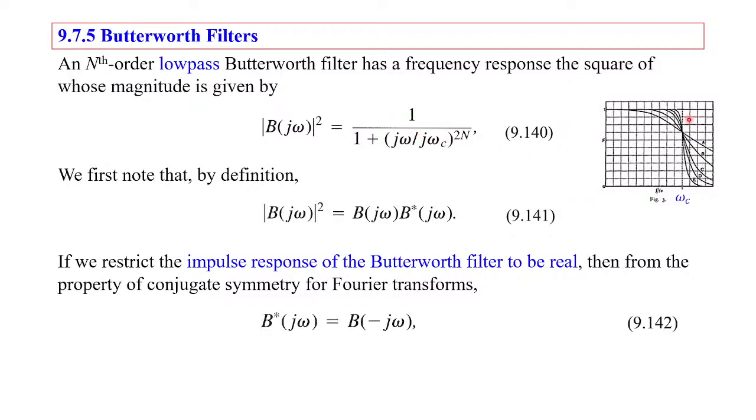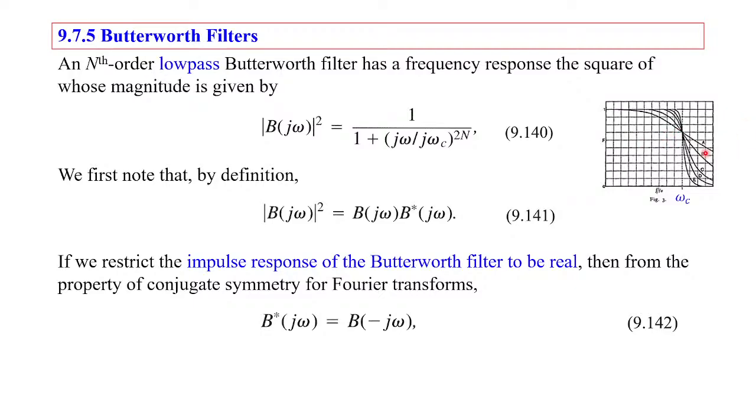And otherwise, there's a sharp transition when omega goes bigger than omega c. So omega bigger than omega c, this is a number bigger than 1, and it takes infinite power, so this term becomes infinity. Then you have 1 over infinity, which becomes 0. When you plot those functions for different values of n, you can see as n becomes larger, the curve becomes more and more like your ideal filter, where you have a sharp transition at omega c. Okay, so that's the Butterworth filter, and it's nice.